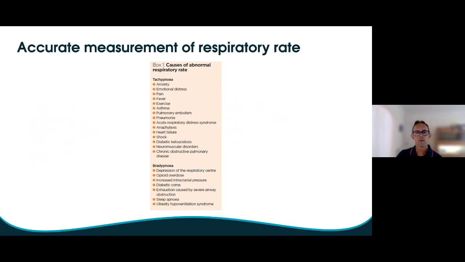And then if we look at things that can slow down the respiratory rate, so bradypnea, so depression of the respiratory centres, often that can be due to some sort of medication. Sometimes it can be due to neurological insult, increased intracranial pressure, diabetic coma, exhaustion caused by severe airway obstruction, and sleep apnea, patients who pause for breath for more than 10-second periods at